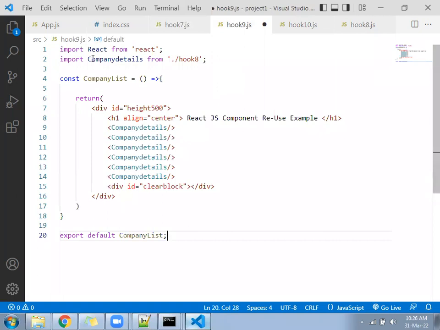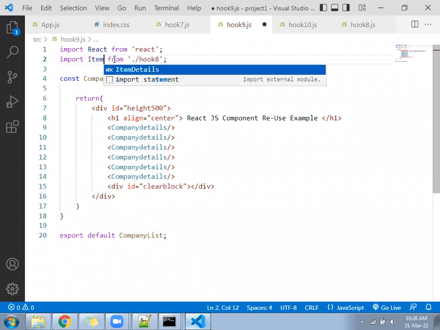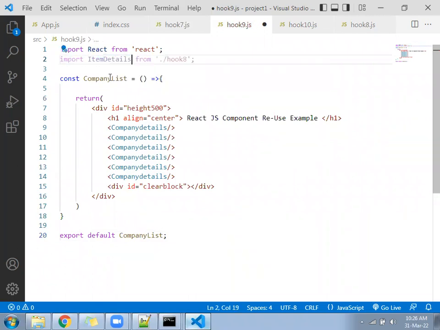And in that we will import which component? Item details component. And this will be called item list. React component reuse plus props.